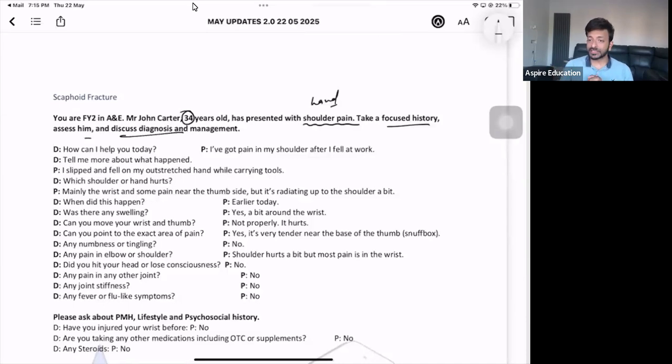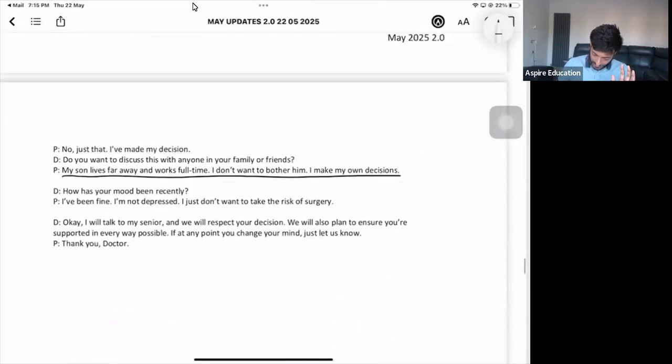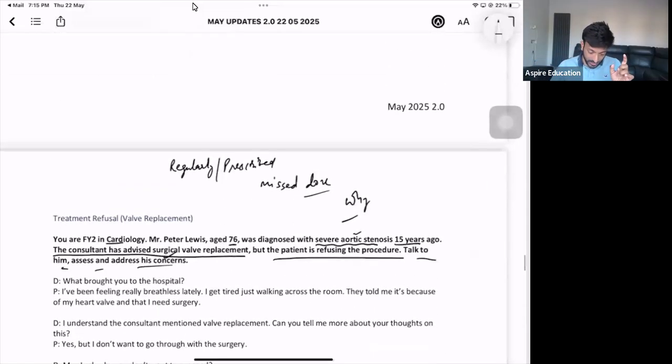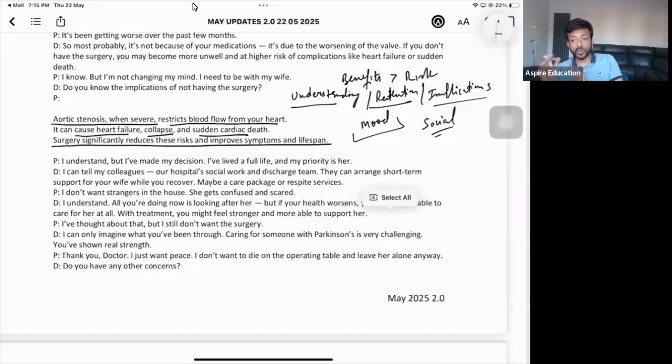Okay, how do you check the patient's understanding? So, doctor, in this: understanding, retention, implication. I'll ask my patient a question: does the patient know about aortic stenosis, what medication they're taking, and why they're taking all those medications? The medications are there to help their symptoms, and we have done that part of the station. Now you'll ask the patient, Mr. Louis, if you don't go ahead with the surgery, do you know what's going to happen to you? So I'm checking if he knows about the implications or the consequences.